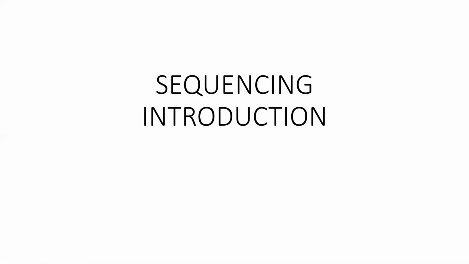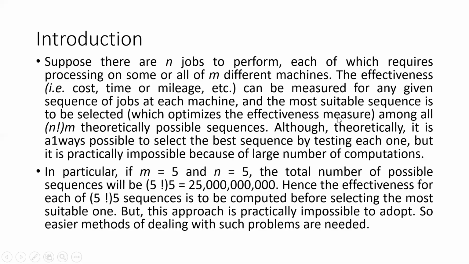Sequencing problem. This is unit number 5 for optimization technique. Actually, this problem is for the sequencing of the different machines for different jobs. For example, suppose there are n jobs to perform, each of which requires processing on some or all of m